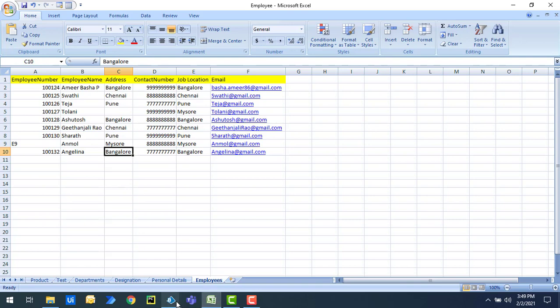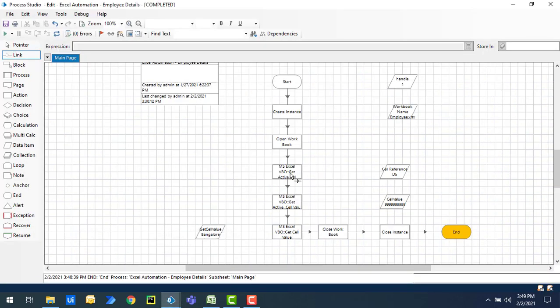All right. But if you observe, for the get active cell, we got D5 itself, and for the get active cell value, we got 9999. But we have mentioned a specific cell reference, so we got the value inside the get cell value data item with the get cell value action.